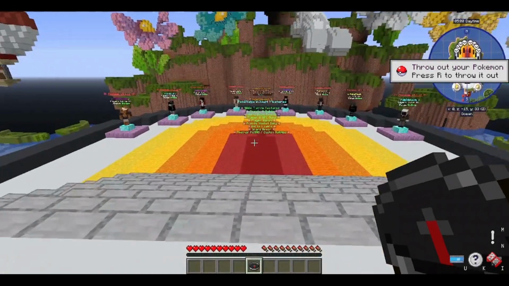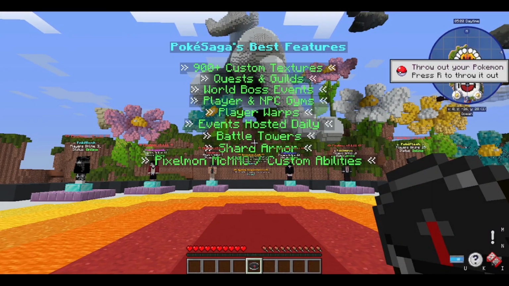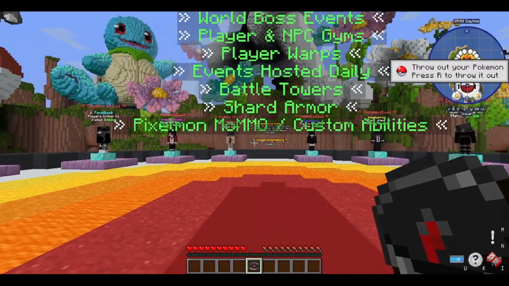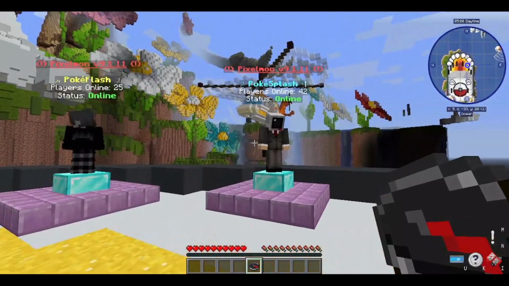I don't know. Let's see, its best features: 900-plus custom textures, quests and guilds, world boss events, player and NPC gyms, player warps, events hosted daily, battle towers, shard armor, Pixelmon, does it say Mick, or yeah, Mick MMO custom abilities, and